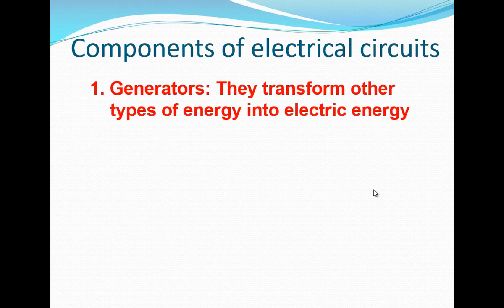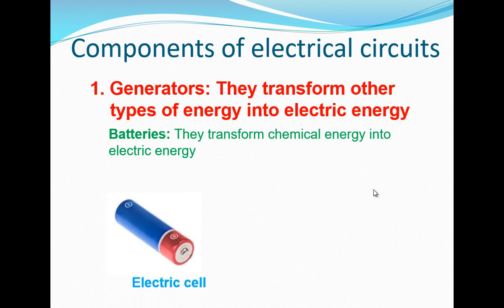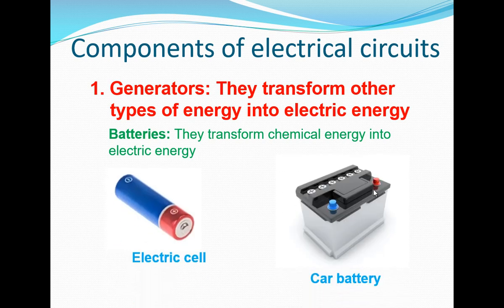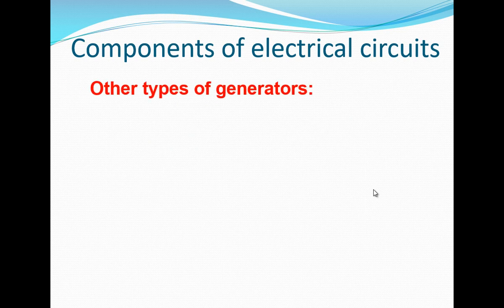First, generators. They transform other types of energy into electric energy. Batteries are one example. They transform chemical energy into electric energy. For example, we have an electric cell or a car battery. Those are generators, but there are other types of generators like